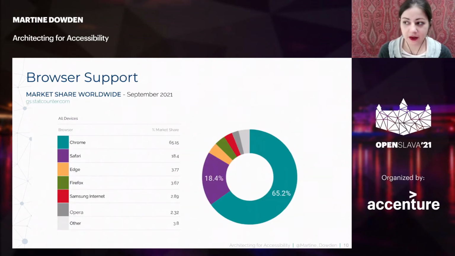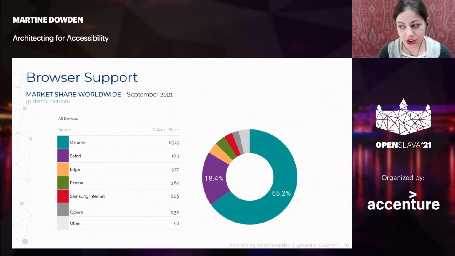The thing is that as of, and I looked these numbers up yesterday, right now the top 2 are Chrome and Safari, followed by Edge, Firefox, Samsung Internet, Opera, and then a bunch of others. So basically Chrome and Safari realistically are going to be 83% of your market share. So these are definitely some that you're probably going to want to be testing for. After that, that's kind of up to you and depending on your user base. But those are definitely your heavy hitters are going to be Chrome and Safari at the moment.